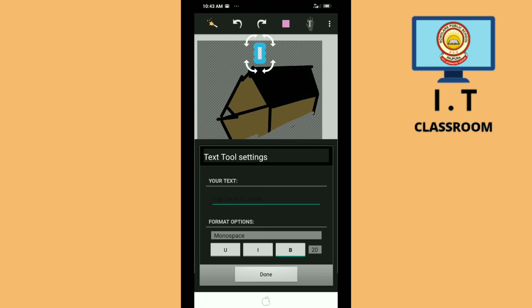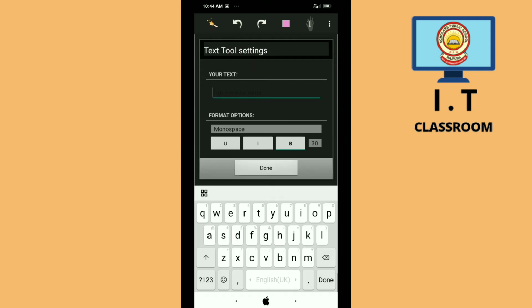After that I have to choose the font size. By default it is showing 20. If you want another font size, you can choose it as per your requirement. I have selected 30 font size. Whichever text you want to enter here, just click on the text box and start typing your text.